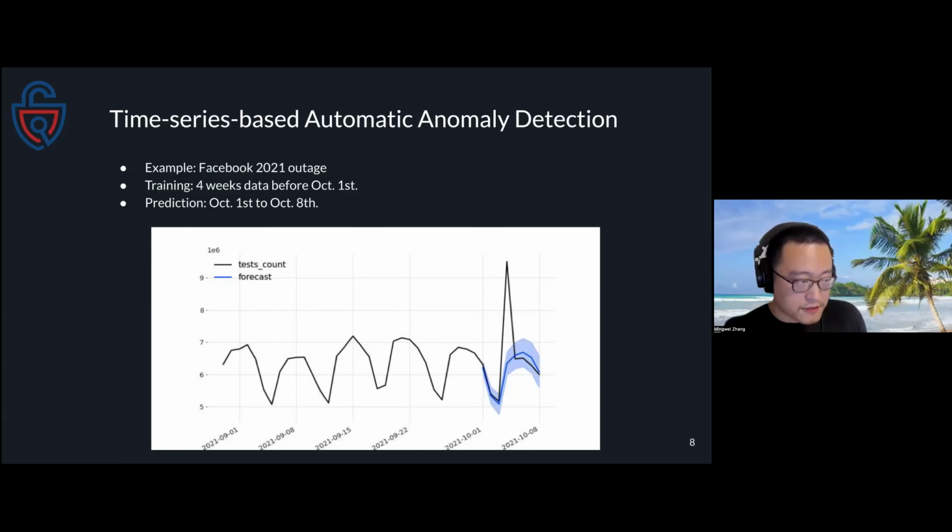And then it's pretty obvious that during the event time, the data volume for NDT test results falls way beyond the predicted range. A machine learning model like this can easily be applied to detect such things without human intervention, which can be useful at least as an initial step for outage detection or, I don't know, internet routing change detection.